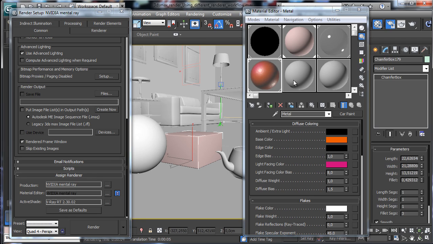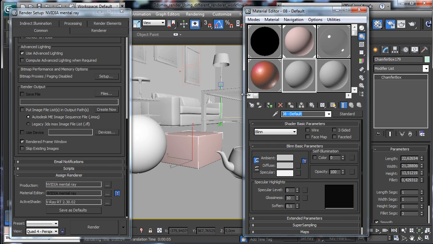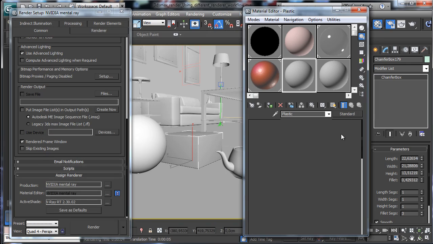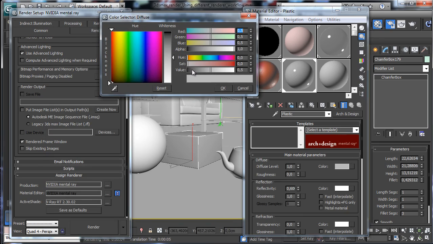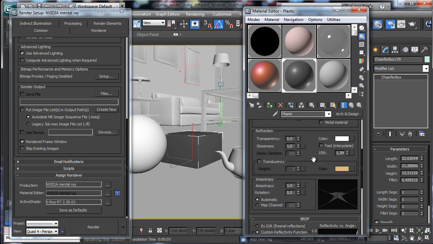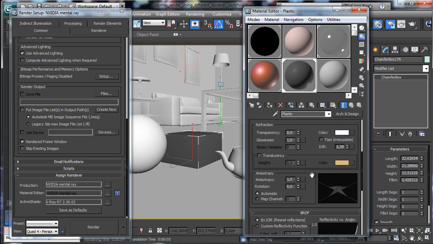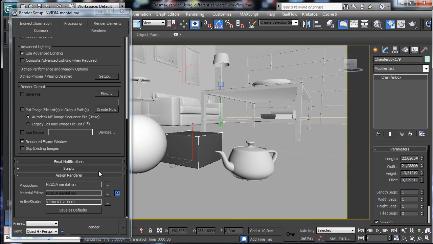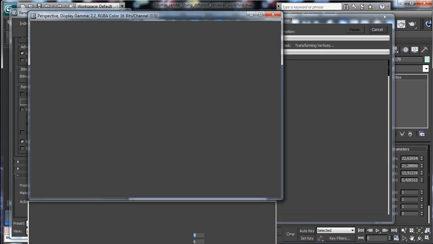and let's tweak there to have VRay also for this one. And the last one is a plastic, so let's say plastic, we can assign it, and we'll use an arc design, and we go for gray color. We have a little bit of reflectivity, but we'll use a really high glossiness, so let's go for 35 for the reflection, and then let's go to check the IOR, and we say that the IOR is 1.6. So that's our scene. If we go back to render,